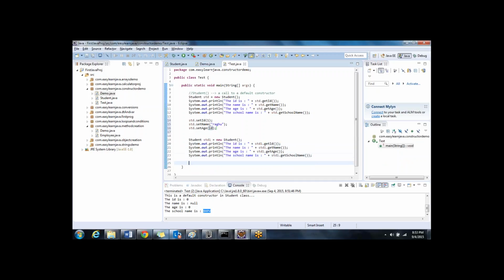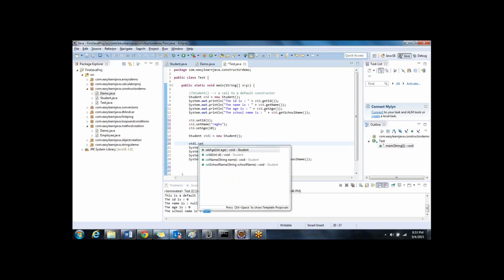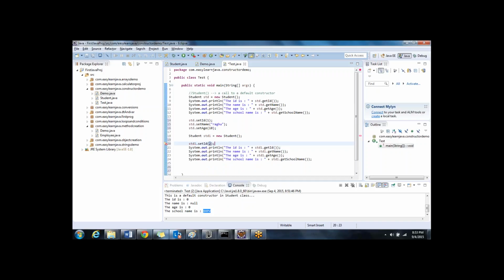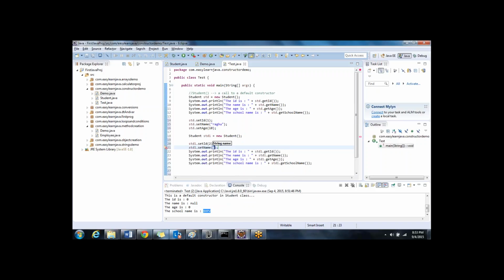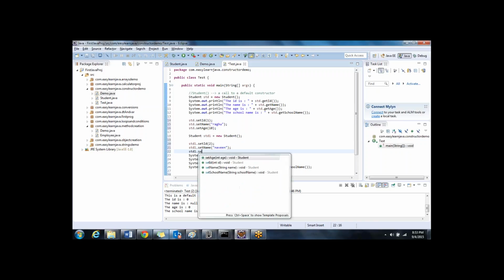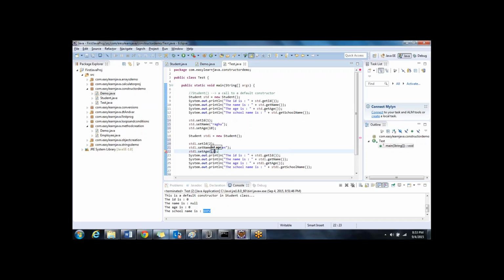Okay, I'll set only three parameters, and then std1 dot set id as 2, std1 dot set name as Naveen, and std1 dot set age as 11. Okay,